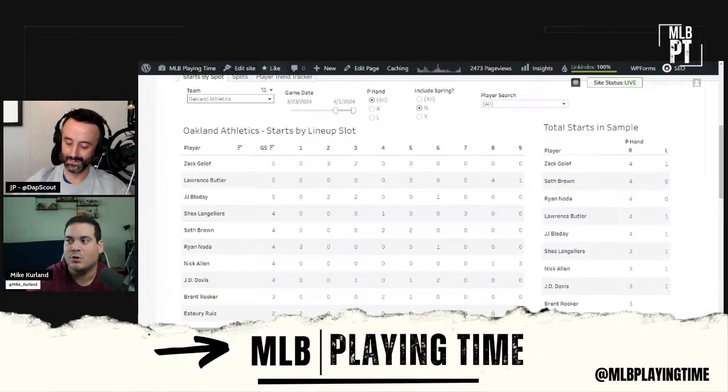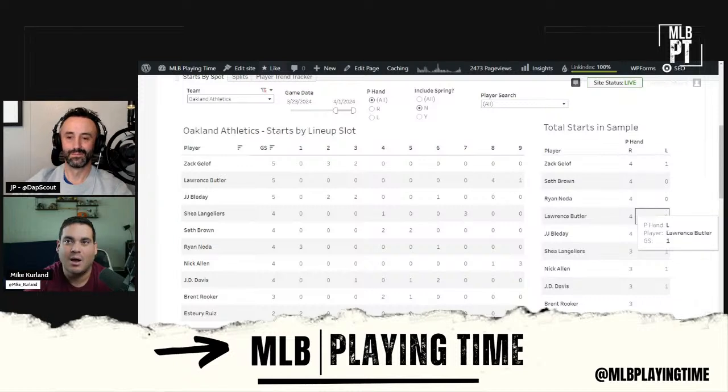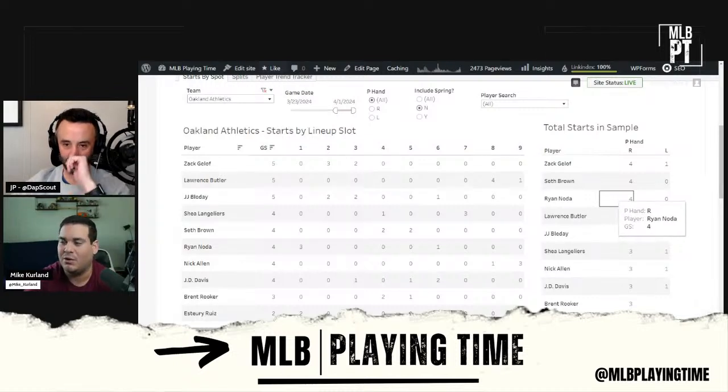Nothing flashy, but usable. Lawrence, I think, has a little more flash potential, but he also has more swing and miss to his game. But just know that those are kind of guys on... obviously JD Davis, I think, has more value. Ryan Noda, he's a streamer because he's a power boom-or-bust guy. You play him against righties only because he sits against lefties, as you can see if you're watching. So it's one of those things where you've got to know the team and the team dynamics. But yeah, those two are exciting just because they're playing every day and they're out there in pretty much the deepest formats, which is what makes them fun.